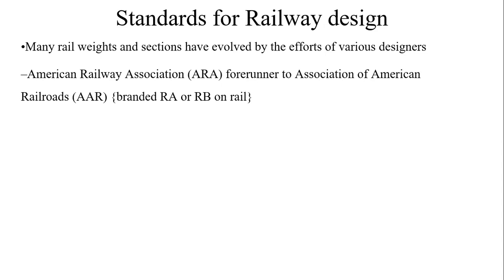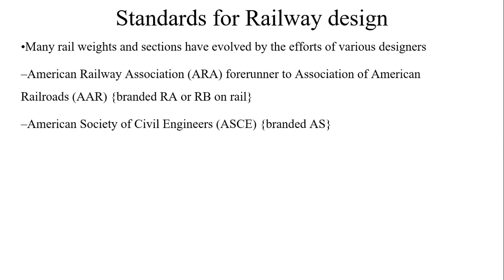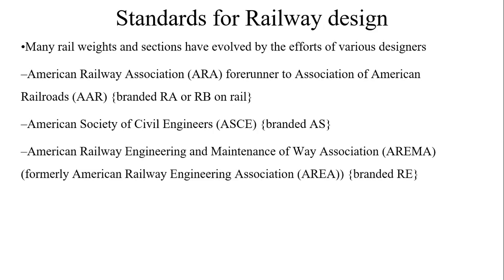One of them is the American Railway Association, or branded as RA or RB. So those who have seen the rail section suffix as RA or B, that represents the properties that were designed by ARA. Then the American Society for Civil Engineers, it is branded as AS. The most common